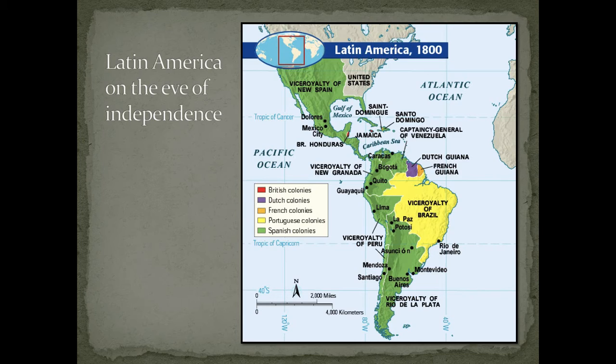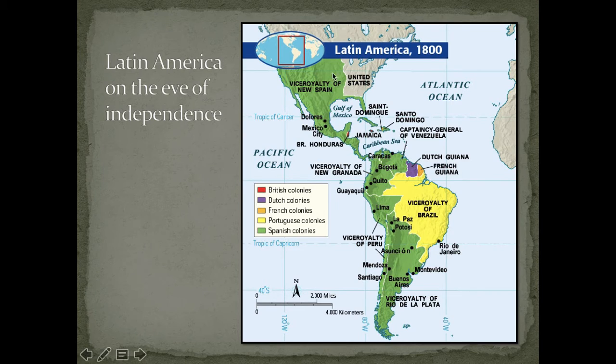revolutions were underway. So recall that by the late 1700s, Spain had four viceroyalties. Recall that a viceroyalty is a royal colony of Spain. So we had the viceroyalty of New Spain, which included Mexico, Central America, and the Caribbean islands, many of them at least. And the second viceroyalty was the viceroyalty of Peru here in the Andes of South America, what had previously been mostly the Inca Empire.